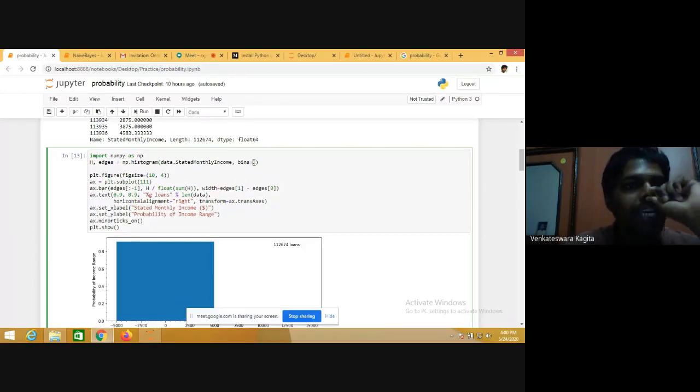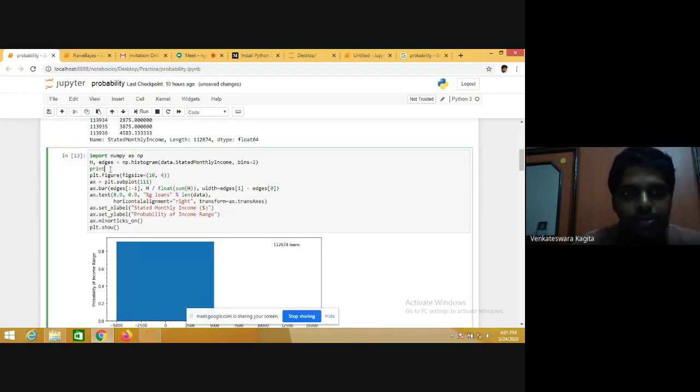When the number of bins is 2, the whole data should be segregated into 2 parts. So I'll analyze the data, see what the income range is, segregate it into 2 bins, and draw the corresponding edges also.